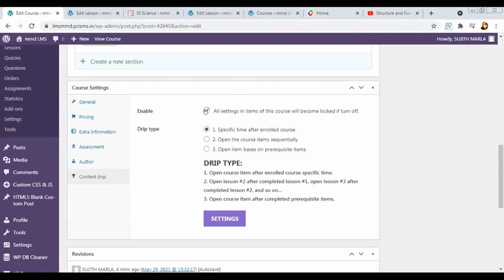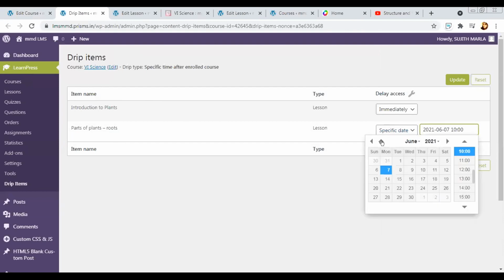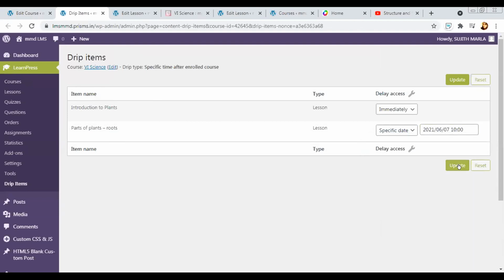If it's not enabled, you have to click on the tick mark to enable it, and click on settings. When you click on settings, you'll see all the contents inside the course. You can select a specific date from the calendar, and you can also choose the time you want from here, and just click on update.